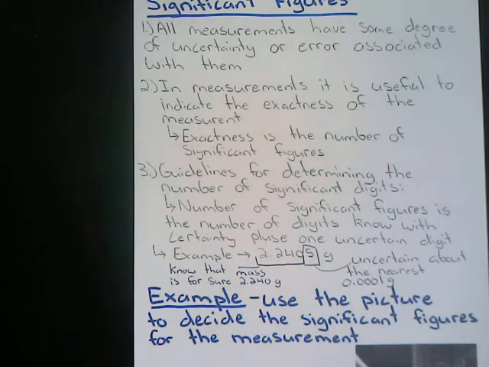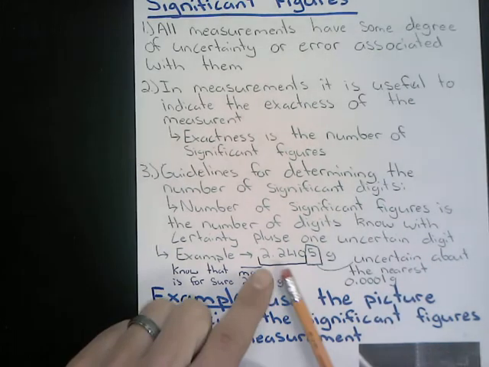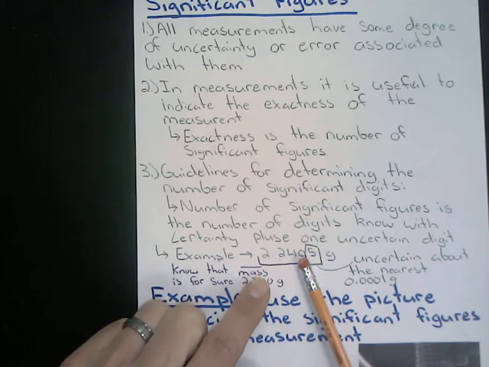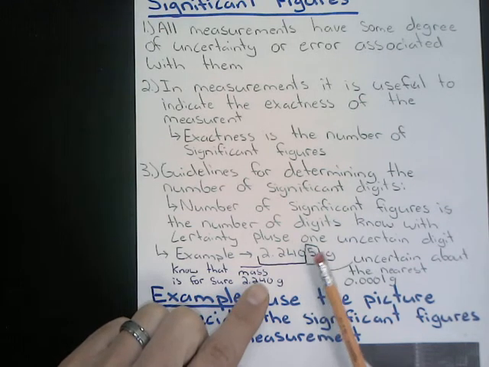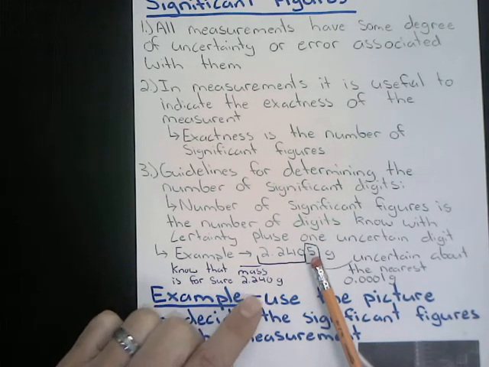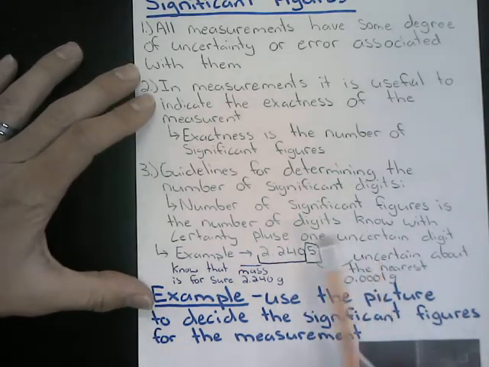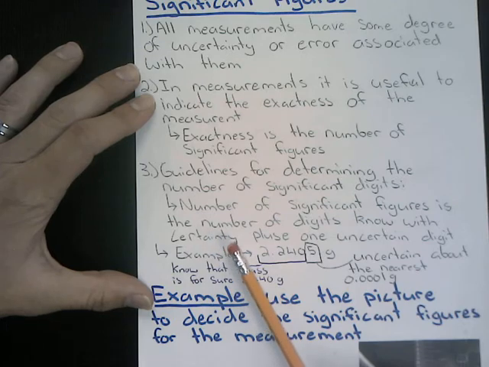Again, we know for sure that we can lock in those values here. What we don't know is that last digit. So the whole point of this is this: we know for sure 2.240, or we're certain on that. What we're uncertain about is this last digit, and that is what significant digits are: what we know for sure plus one